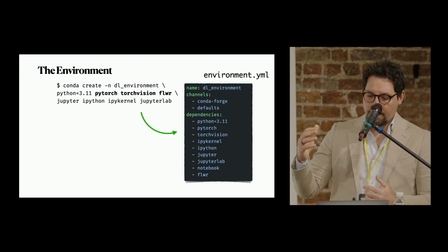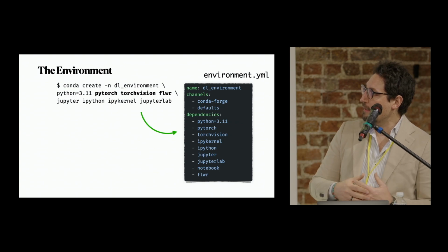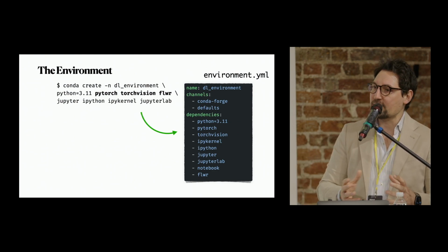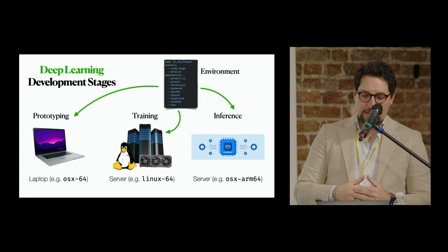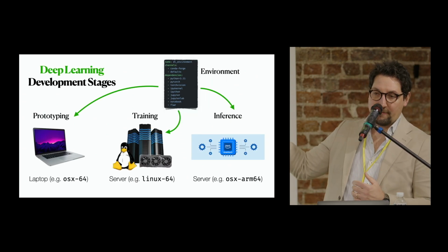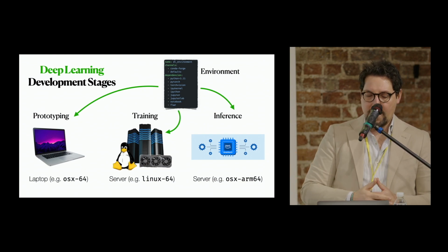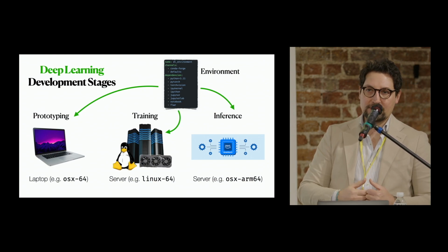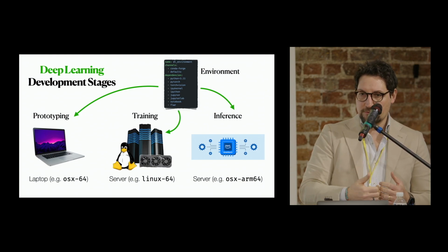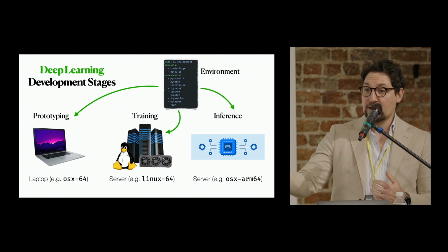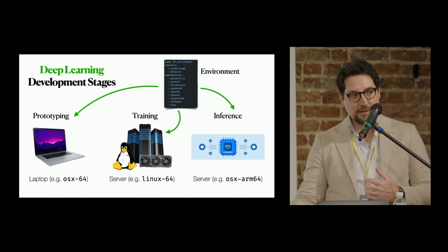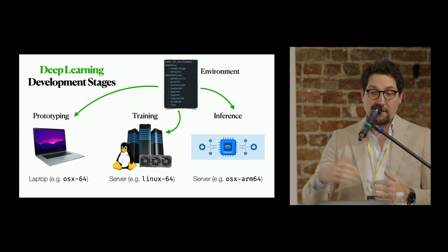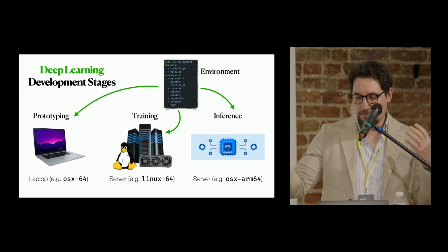Interestingly enough, why specifically deep learning? Well, deep learning is a very interesting use case. Certainly, you have different development stages. So imagine that you have this environment, and you want, first off, to have the very same environment at the prototyping stage, so we're talking laptop. Let's say we have a macOS laptop. And then we want to use this environment for training of the model, and maybe we want to go to a Linux server, so it's a different operating system, and also a different architecture. And also for the deep learning packages, we want to use GPU. And what about inference? We want to move to a server which is, for example, AWS Graviton,